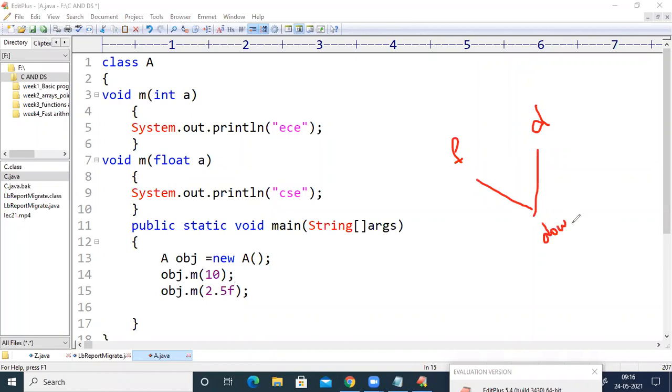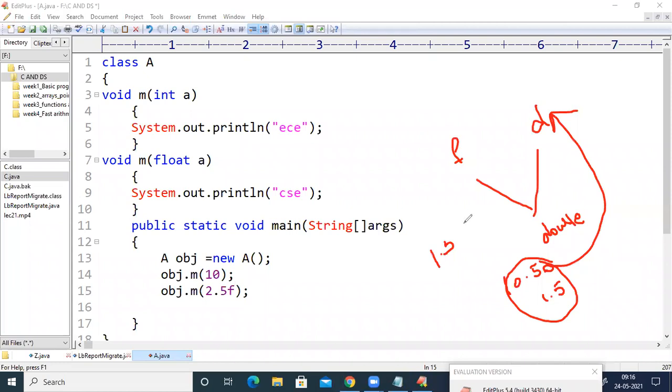So floating point data type and double data type are both considered as double data type by default. For example, if we pass 10.50 or 1.5, everything will be considered as a double data type. In order to tell the compiler that a particular value belongs to the floating point data type, we need to append a small f at the end.